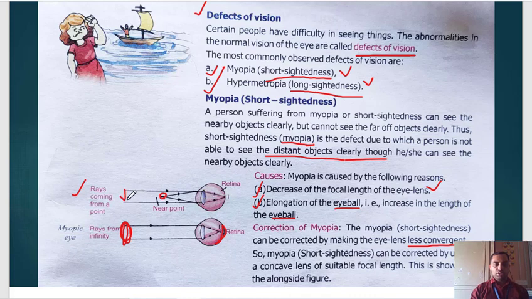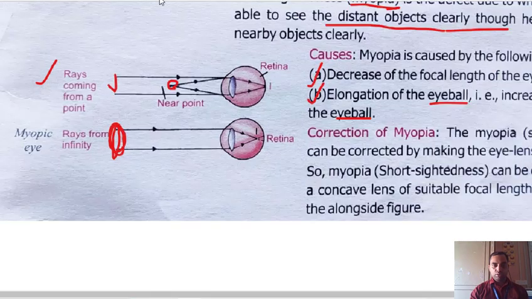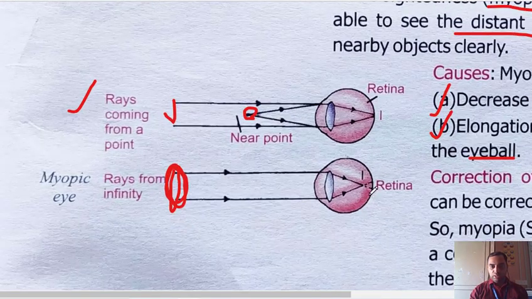From here, the rays of light are coming, going through this lens and meeting at the retina. Here, a distant object is there. Here also, these rays of light are moving and they are meeting at the retina. In this case, the myopic eye, if the object is present far away, the incident rays are coming and going through the lens. They are not meeting at the retina. Let me clear it once so that you can see it. Right now you can see that these are not meeting at the retina. Let me zoom it a little bit. Now you can see these rays of light are not meeting at the retina.